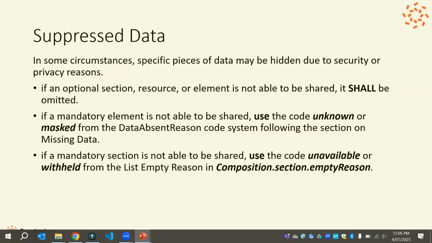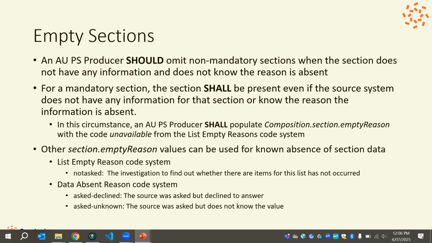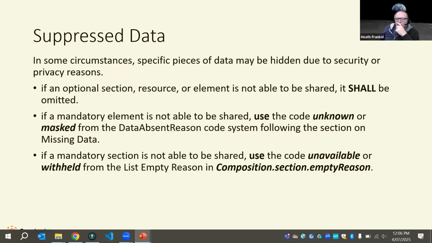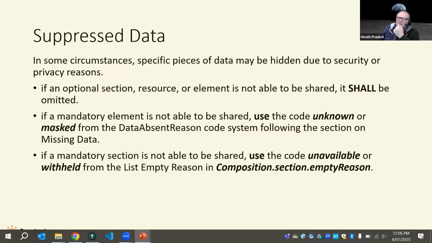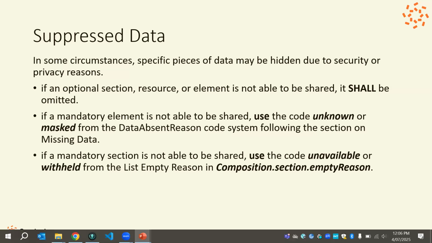Suppressed data is not the circumstance where you have no data and you don't know why. Empty sections is where you have no data and you don't know why. I disagree that suppressed data is emptiness and you have no idea why it's empty. That's not what suppressed data is. Good point too. I think, sorry to jump in, what we were talking about just before though is in the case where we don't want to let the consumer know that the data has been suppressed,